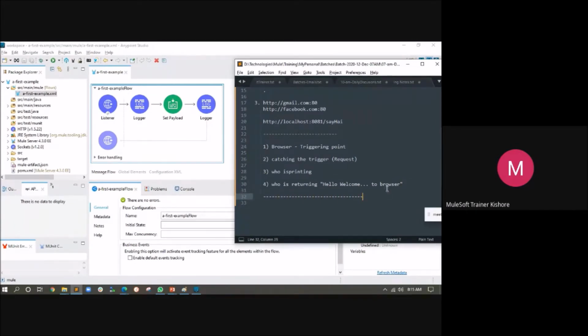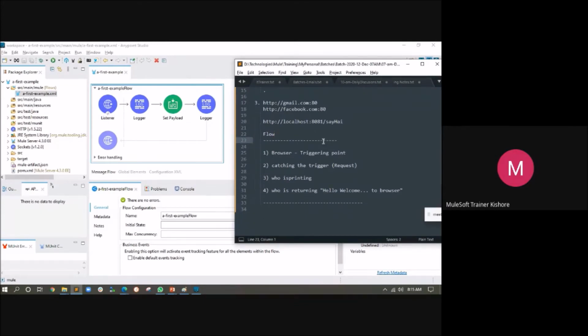All these four things are arranged in a Mule component called a flow. So all your complete code will be written inside a flow. When you write a Java application, you will write your Java code in a Java class, right? When you write something in C, you will write it in some functions. So the first building block inside your Mule application is your Mule flow.